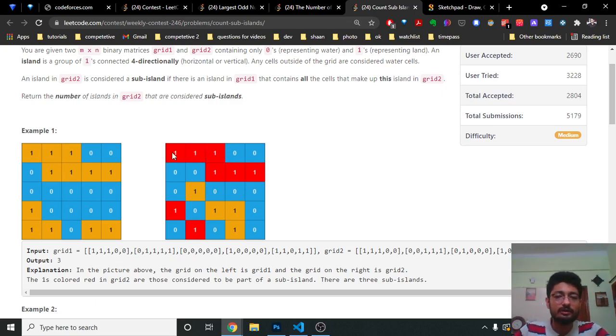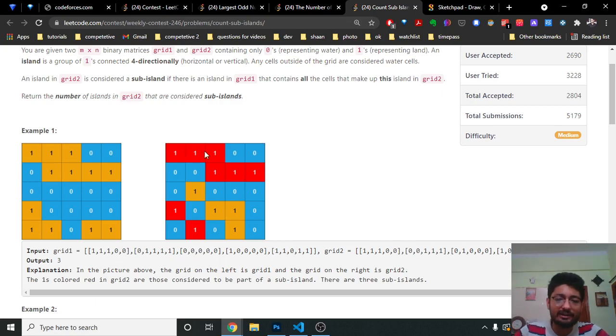So what you'll do, when you find one island in grid 2, while iterating over that island, you know that, okay, I found one island which starts at this point, and there is also one island which starts at this point. So what is this number? I know that this island will all consist of 2s. So I will match whether this island should also consist of all 2s.